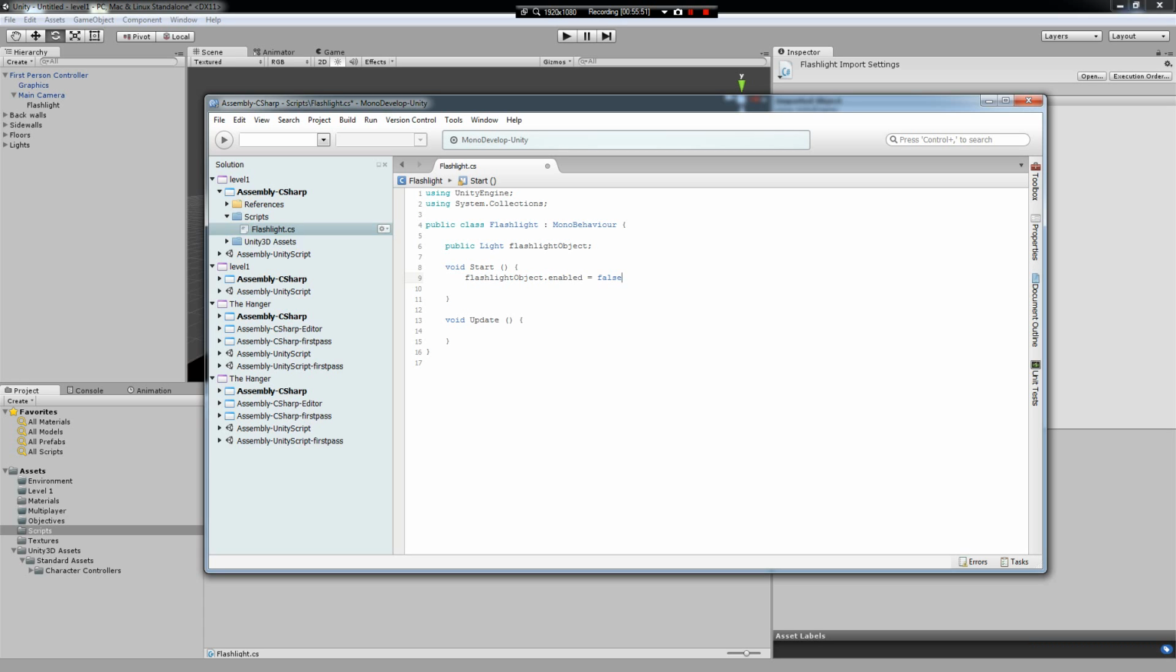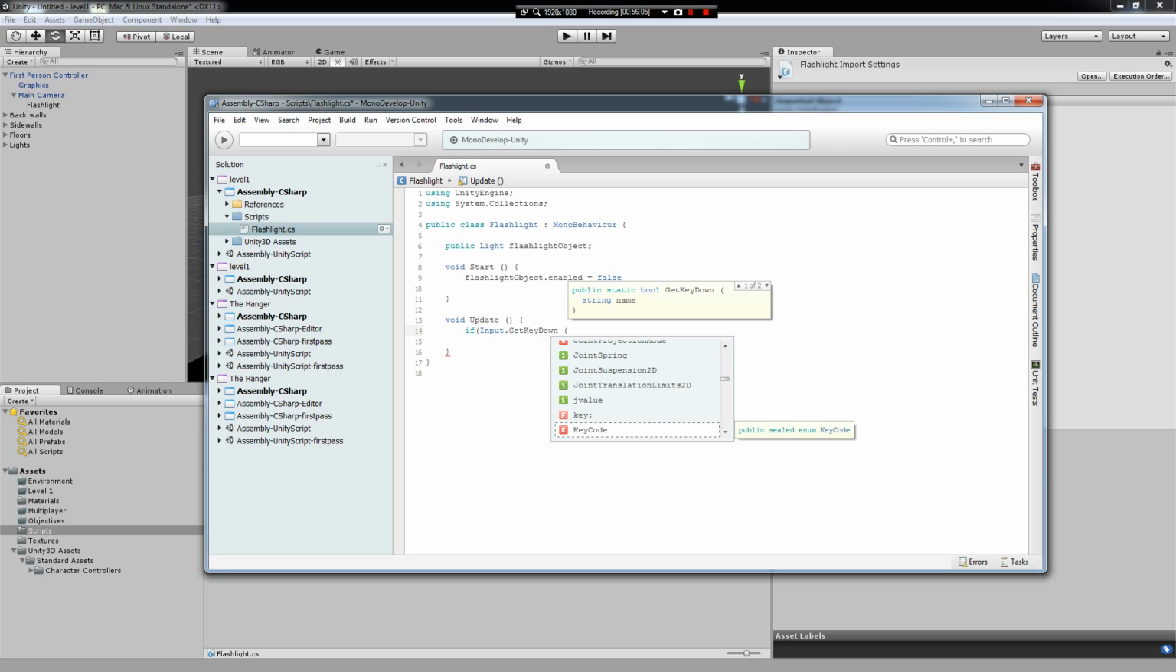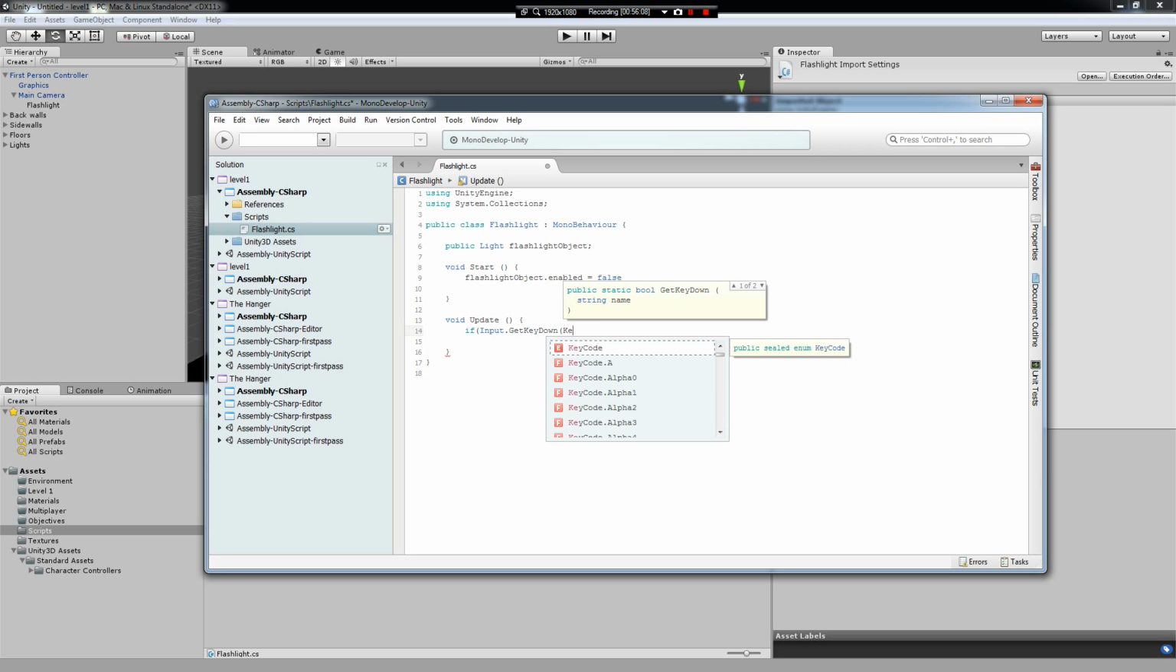So yeah. And then if you go to void update and type in if bracket Input.GetKeyDown and keycode bracket keycode, apologize for that, keycode dot anything you want, so anything you want to turn the light on. So I'm going to use F for example, and then just close two brackets, press enter, make sure you create a new app. So if